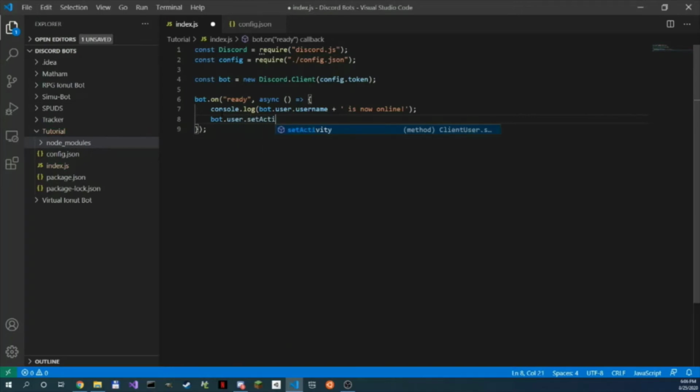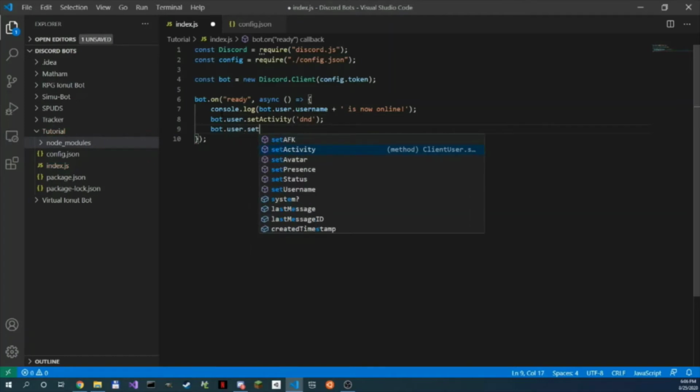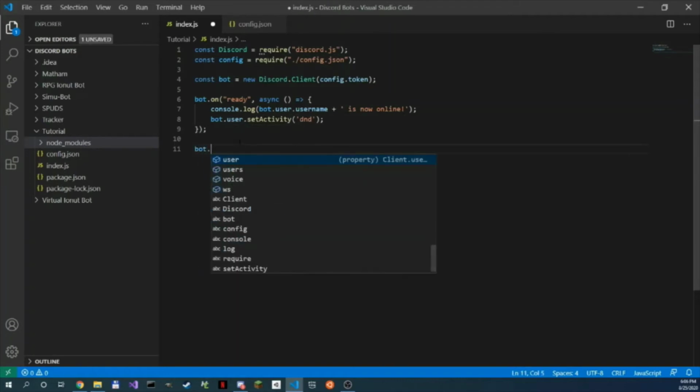bot.user.set activity. We're gonna set it to do not disturb, or DND. Then bot.user.set status. Actually, we're just gonna leave it like this. We don't have to say stuff like it's watching or listening to Spotify. And then at the end, we're just gonna say bot.login, and then